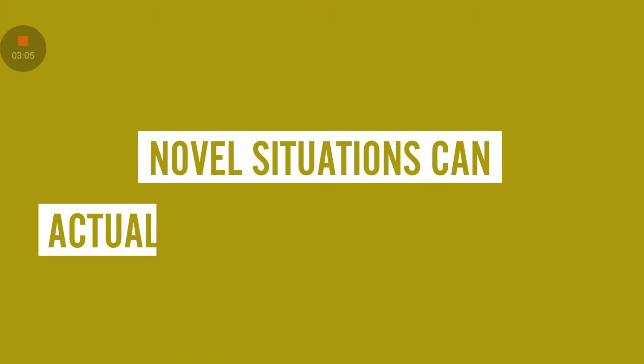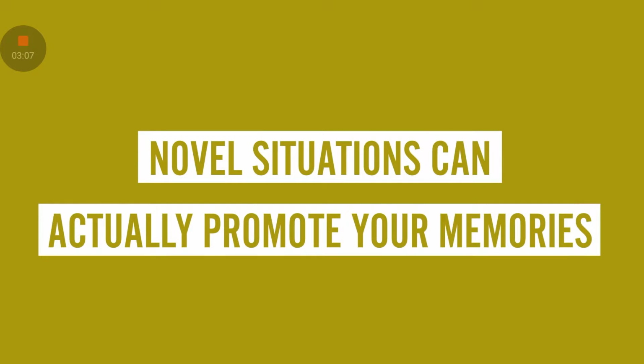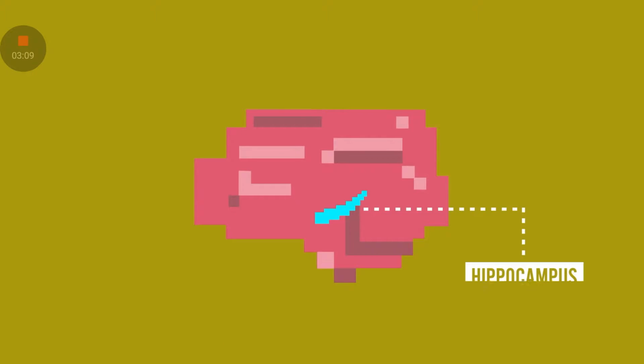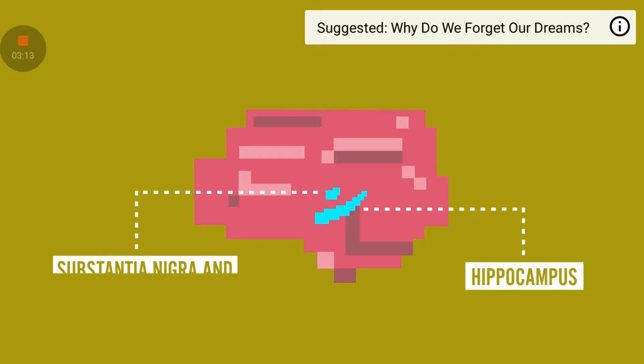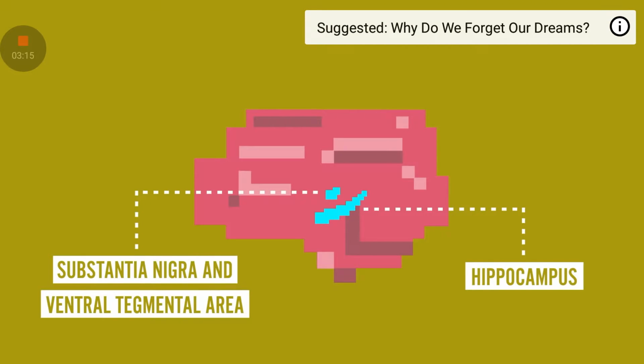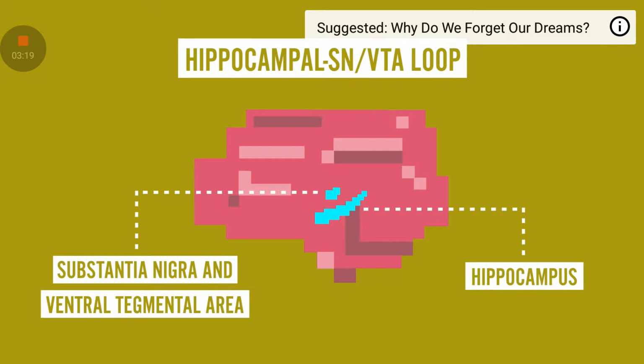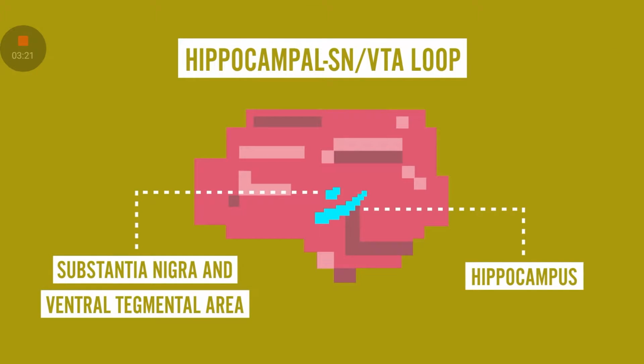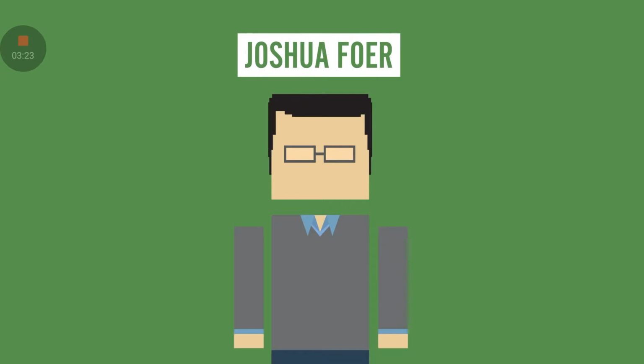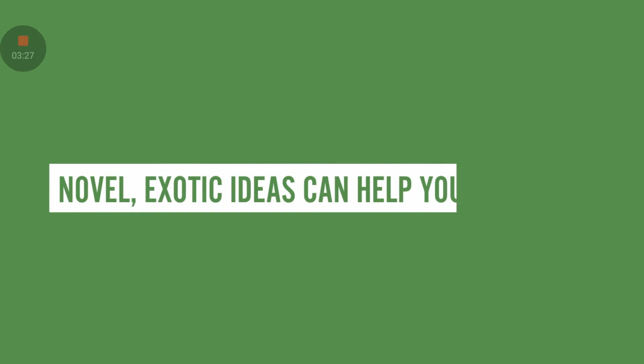But wait, there's more. Novel situations can actually promote your memory. See, when you experience a novel situation, your hippocampus processes the information and sends dopamine to the brain's substantia nigra and ventral tegmental area. This encourages even more dopamine release, and this loop regulates the entry of information to your long-term memory. In fact, Joshua Foer, a freelance journalist, wrote a book about how novel, exotic ideas can help your